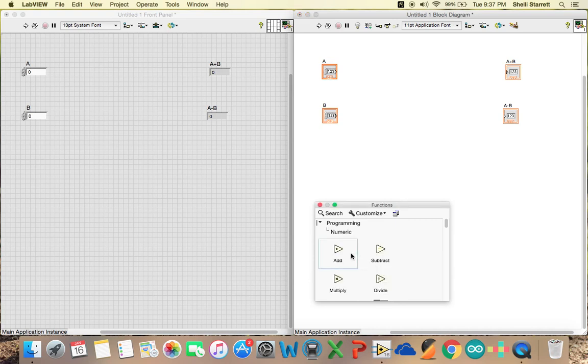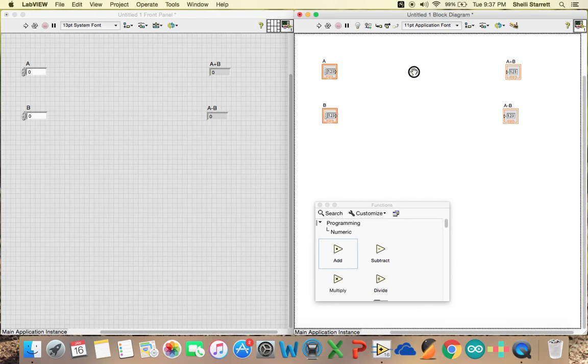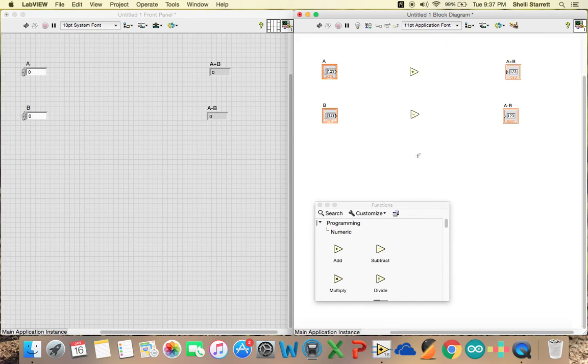So let's click the numeric folder, and here's an add, one of the very first things. So let's put an add function up here, and let's put a subtract. So you just click on them on the palette and drag them and let go onto the block diagram. You notice when we move over them, things happen. And so when I move my mouse around, it automatically comes up to be like a little spool of wire,